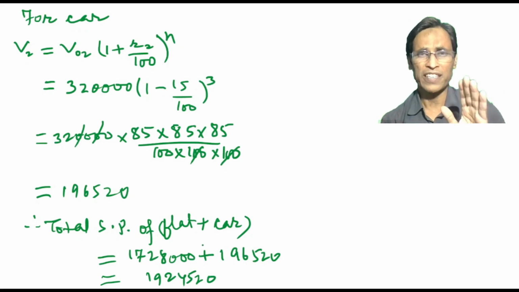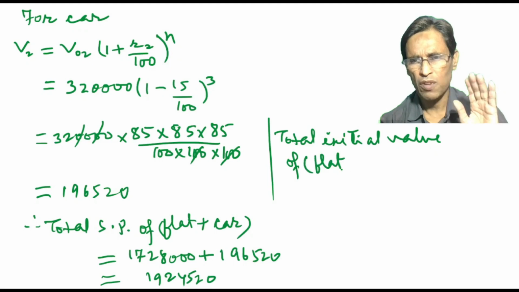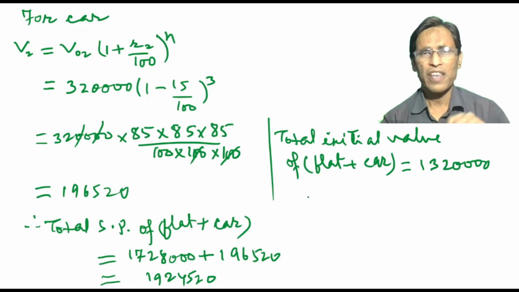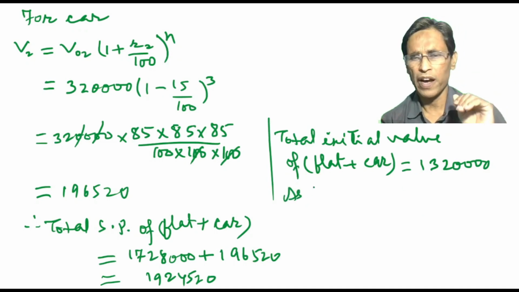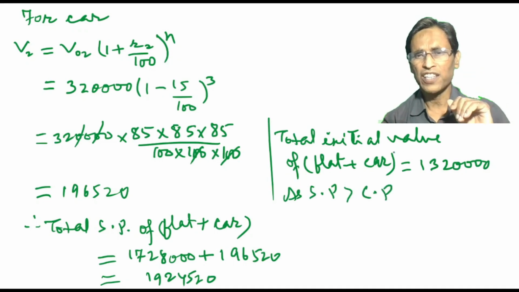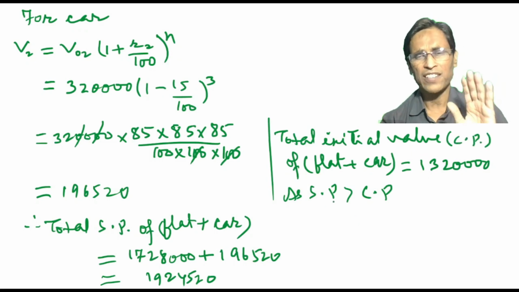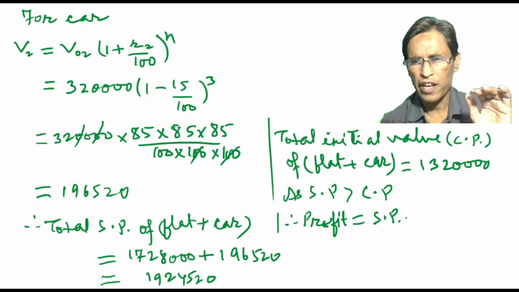अब इसे कंपेयर किया जाएगा इनिशियल वैल्यू ऑफ द फ्लैट एंड कार से. टोटल इनिशियल वैल्यू ऑफ फ्लैट प्लस कार 13,20,000 is the initial value of the two property. Now अब इसे कंपेयर किया जाएगा कि प्रॉफिट क्या है या लॉस क्या है. As SP is more than CP, ये इनिशियल वैल्यू ही CP है. So as SP is more than CP, therefore profit equal to SP minus CP,